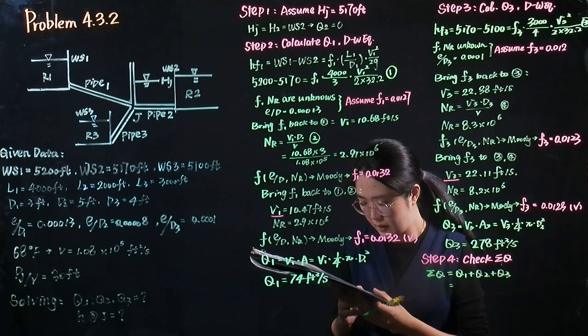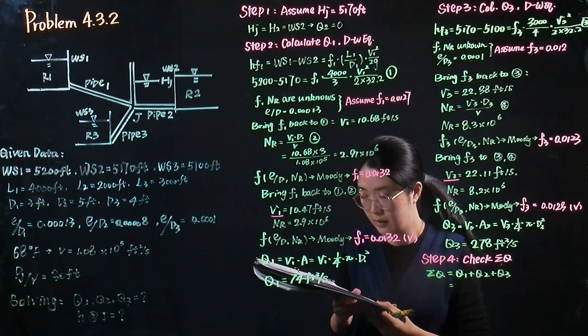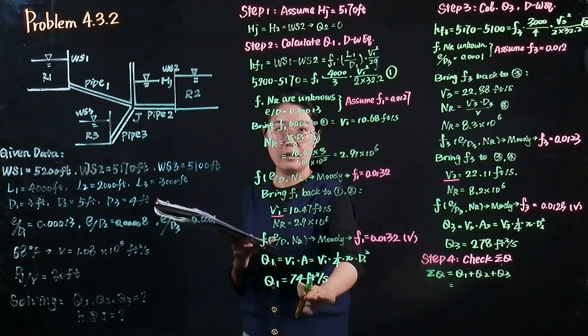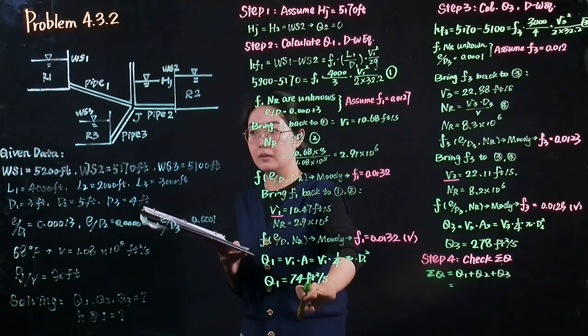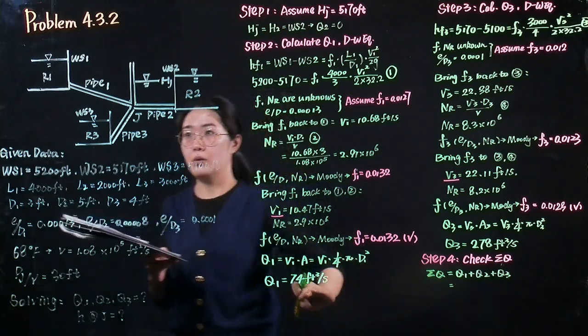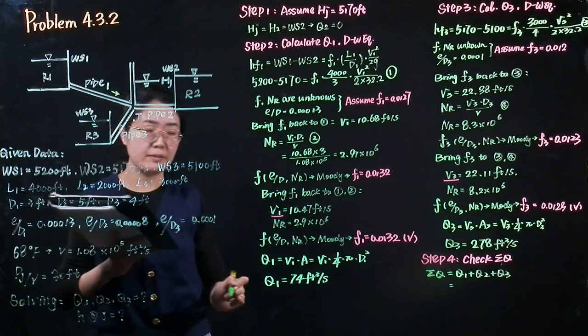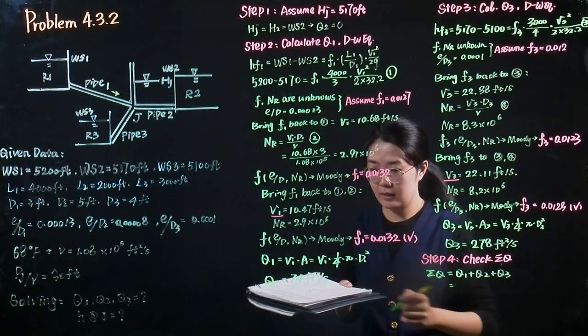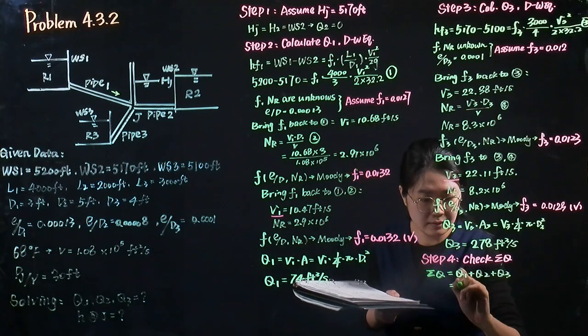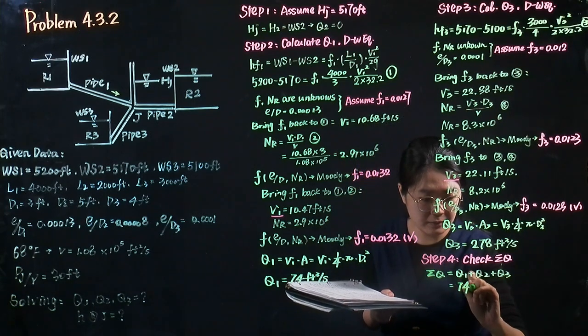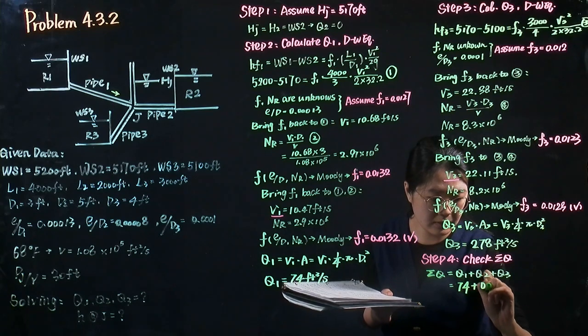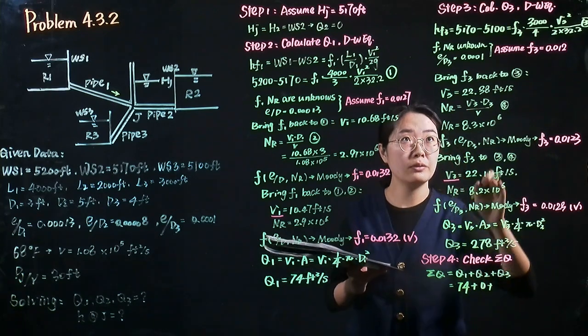And because Q1 here is an inflow, it's positive. It is 74 cubic feet per second. Q2 is 0, and Q3